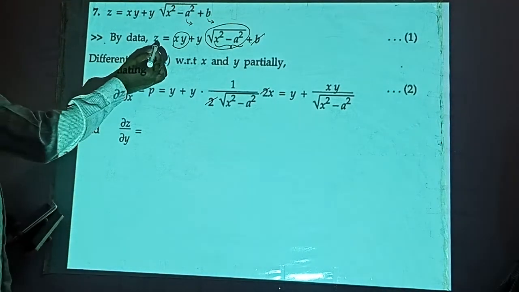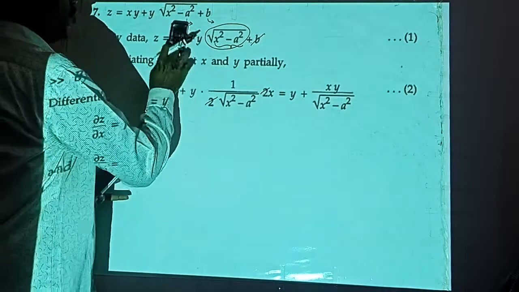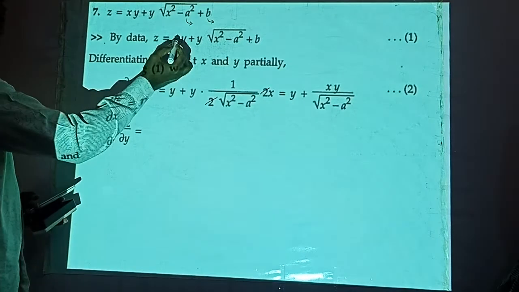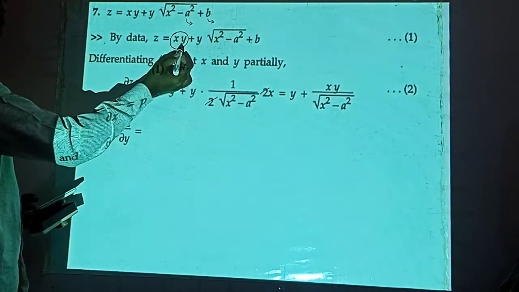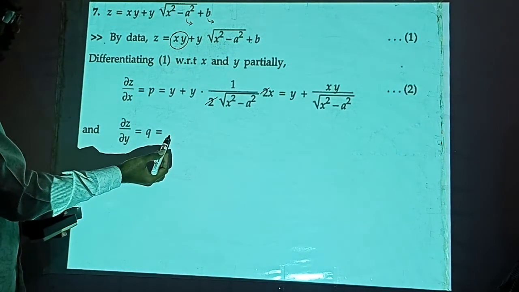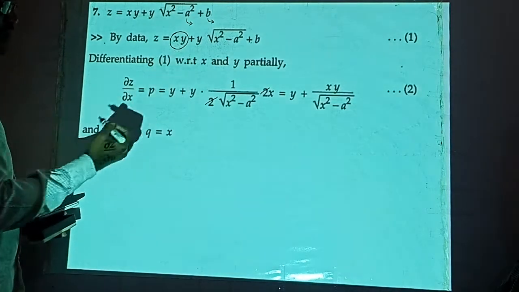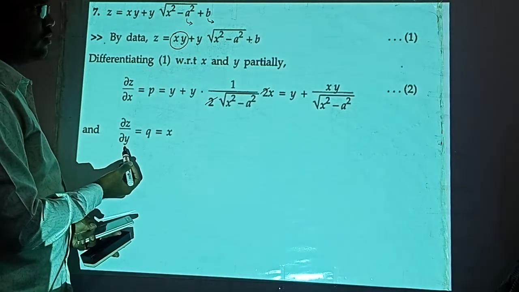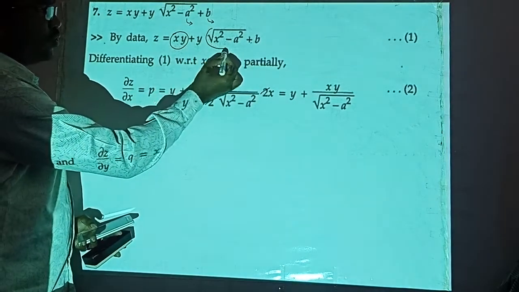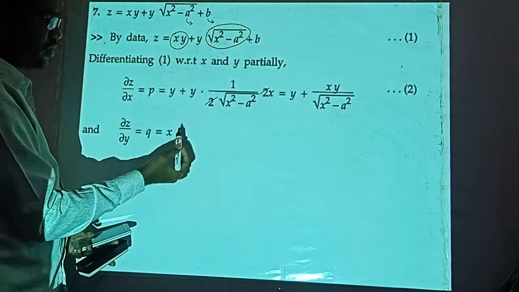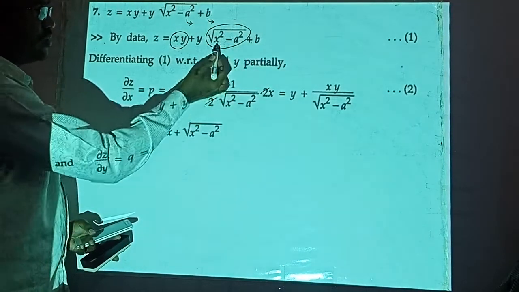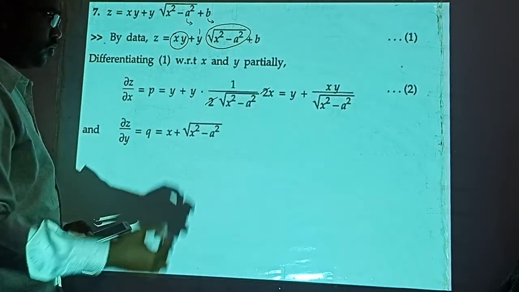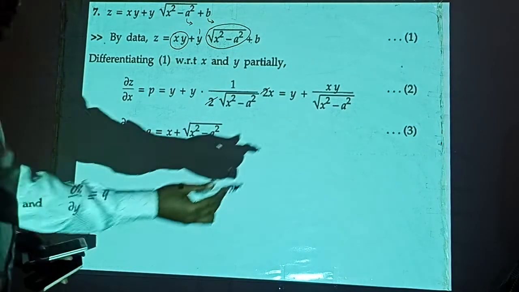Now differentiation with respect to y, if you do dou z by dou y is equal to, if you differentiate partially with respect to y, your x is constant, x as it is, here x as it is, and differentiation of this with respect to y we are doing. Since we are doing with respect to y, this will be a constant term as it is. Differentiation of y will be 1 plus 0. So call this as equation number 3.